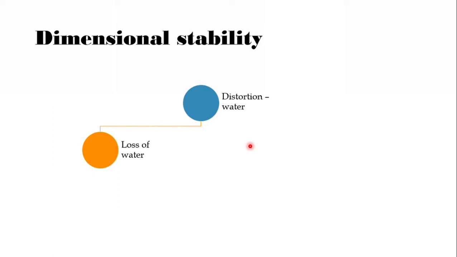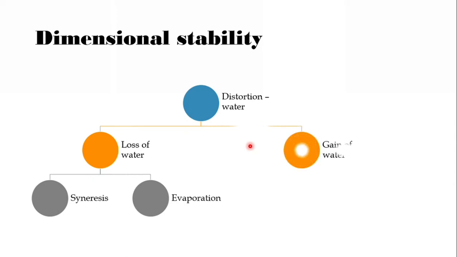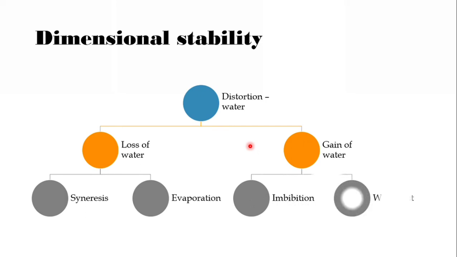So it can be either syneresis or it can be evaporation. Now, the gain of water in agar, that is imbibition, is actually dependent upon the amount of water. That is, if you lose 1 ml of water, only 1 ml of water will be absorbed in the case of agar. Whereas in alginate, the material tends to imbibe more water than is lost. It is not dependent upon the amount of water that is lost. So, the dimensional change will result in an inaccurate cast.